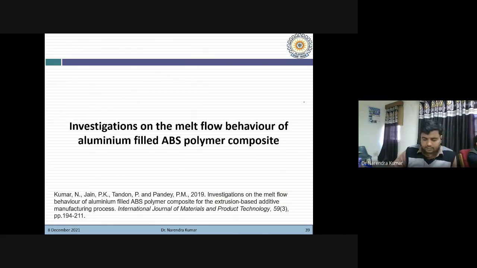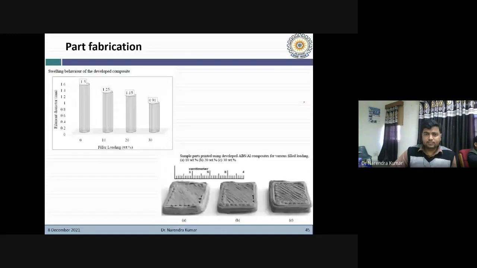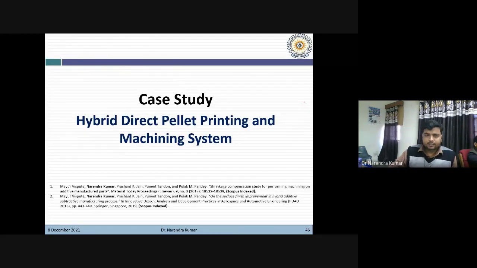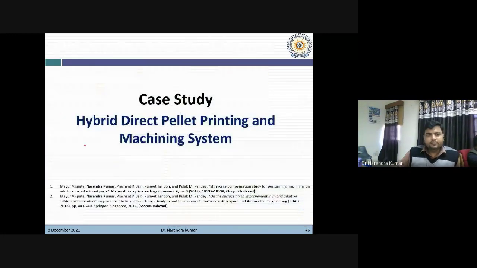The next study was based on the melt flow behavior of aluminum filled ABS polymer composite. I am not going to discuss this because it is quite similar to the EVA and graphite based study. This is the study in which we tried to develop a hybrid approach, hybrid direct pellet printing and machining.